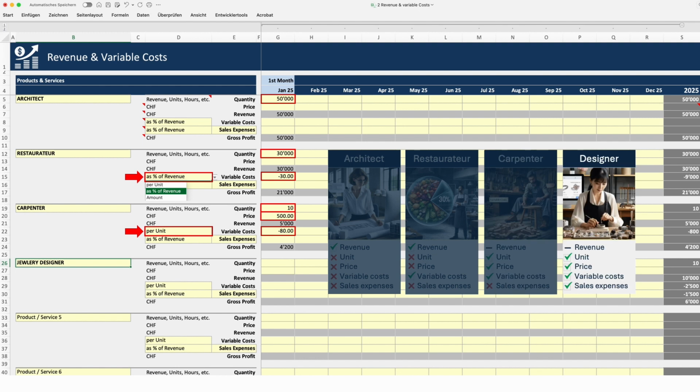In the last example, a jewelry designer sells wedding rings she made herself via an external online sales platform. She estimates the quantity of rings and has calculated the selling price. Material costs for gold and gemstones are $250 per ring, while 15% of sales go to the online platform as distribution costs. Make sure that per unit is selected for material costs and as % of sales is selected for distribution costs.